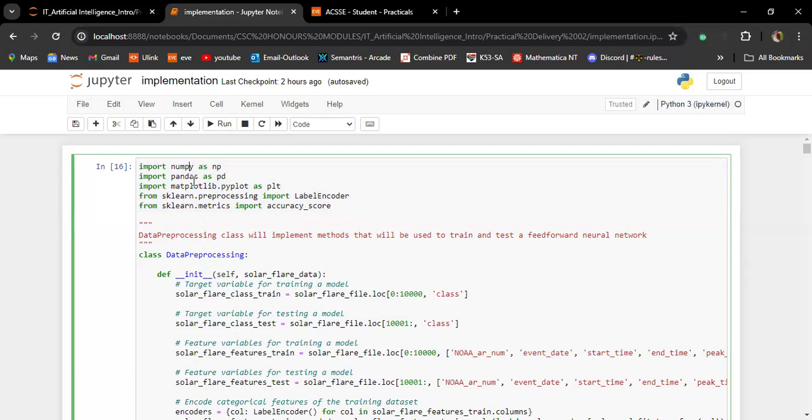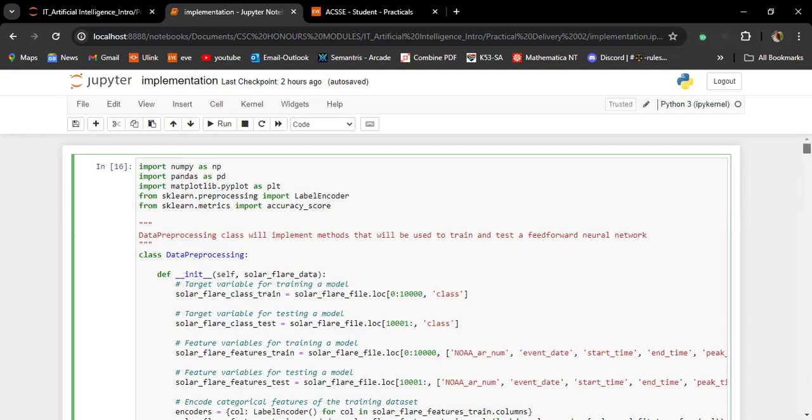I have imported the numpy library, pandas, matplotlib, scikit-learn preprocessing, where I've only taken the LabelEncoder, and from the metrics part of scikit-learn, I've taken the accuracy score. The LabelEncoder will help encode the non-integer values of our data, and the accuracy score is going to help check the accuracy of our models.